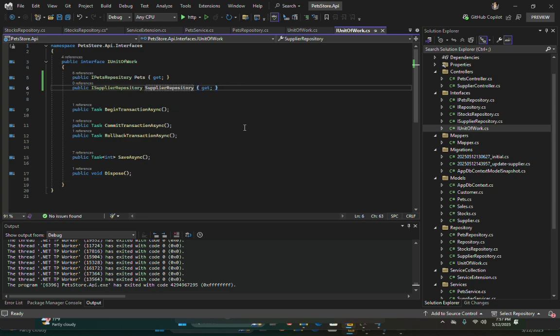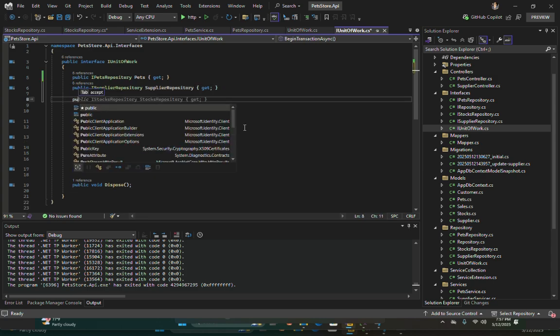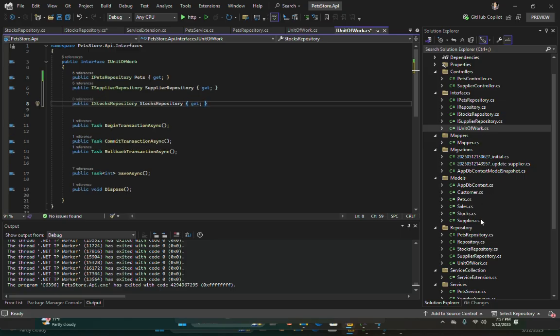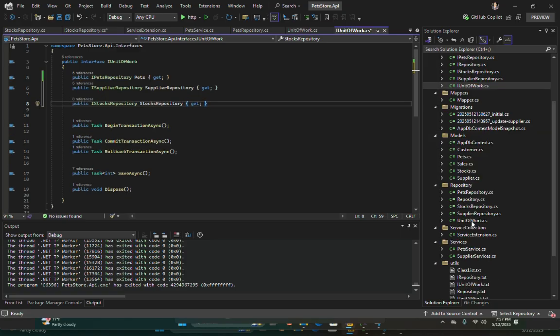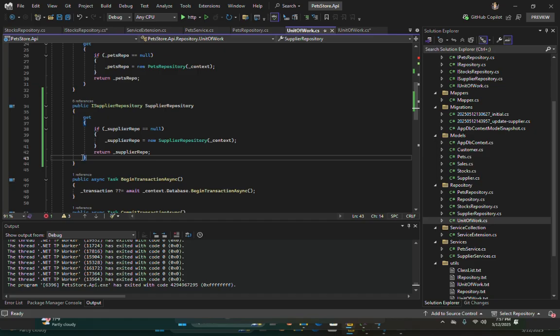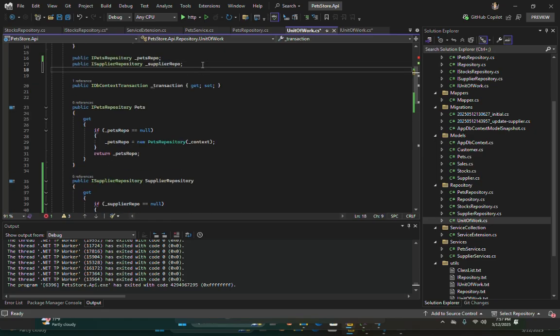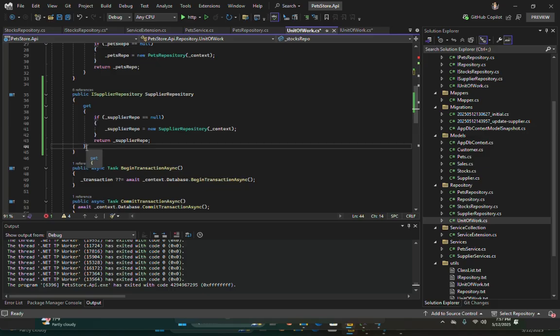I will do the same thing: public IStockRepository StockRepository, and let's go to the unit of work and type in here public IStockRepository StockRepo, and do the same thing here.